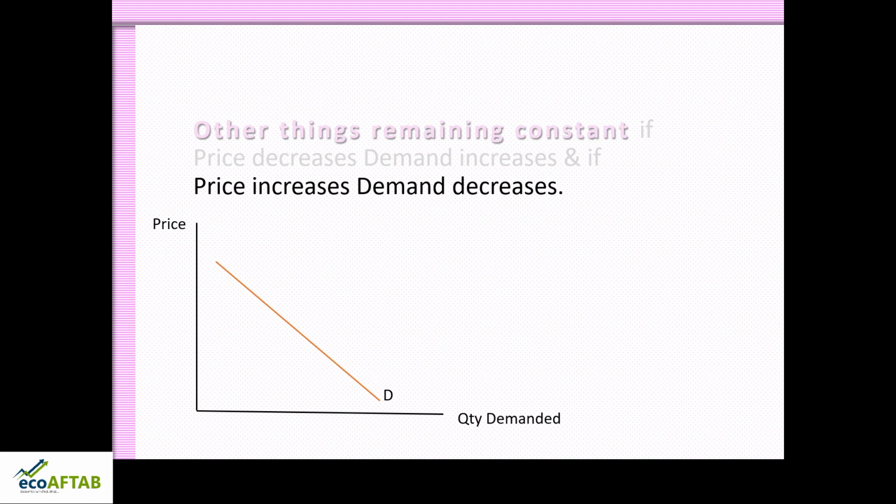Now let us see the next situation. What will happen to demand if price increases? As per the law of demand, an increase in price will lead to a decrease in demand. So let us see this situation: price increases and demand decreases. Let us assume the price to be P3 and the consumer is in equilibrium at this particular red dot, and let us name it Z. So when the price is P3, the consumer is buying Q3 amount of quantity.